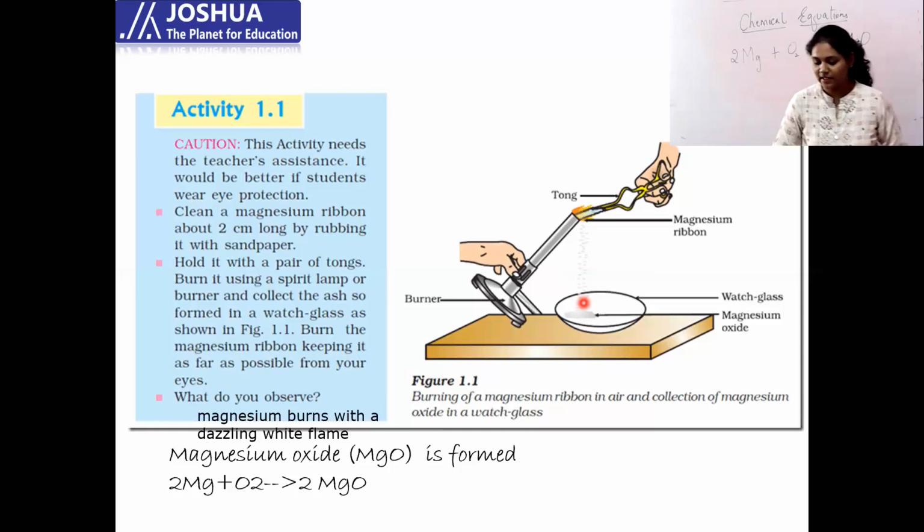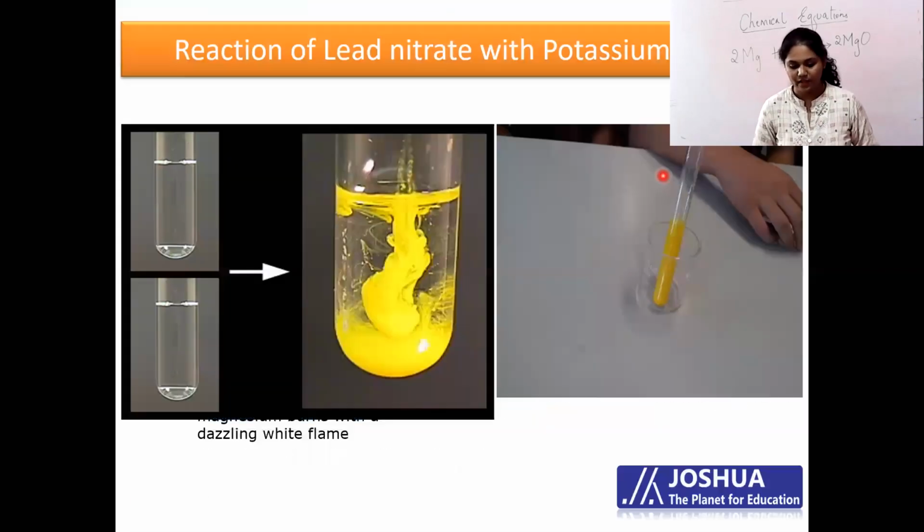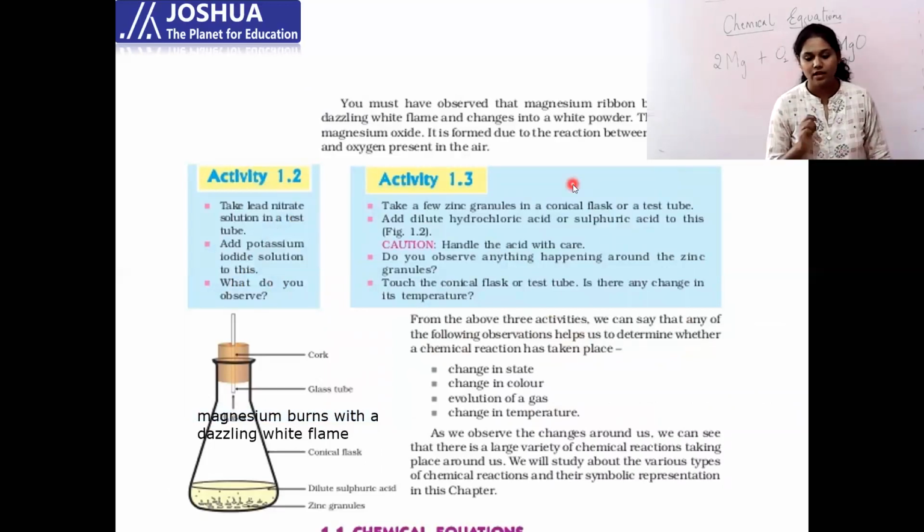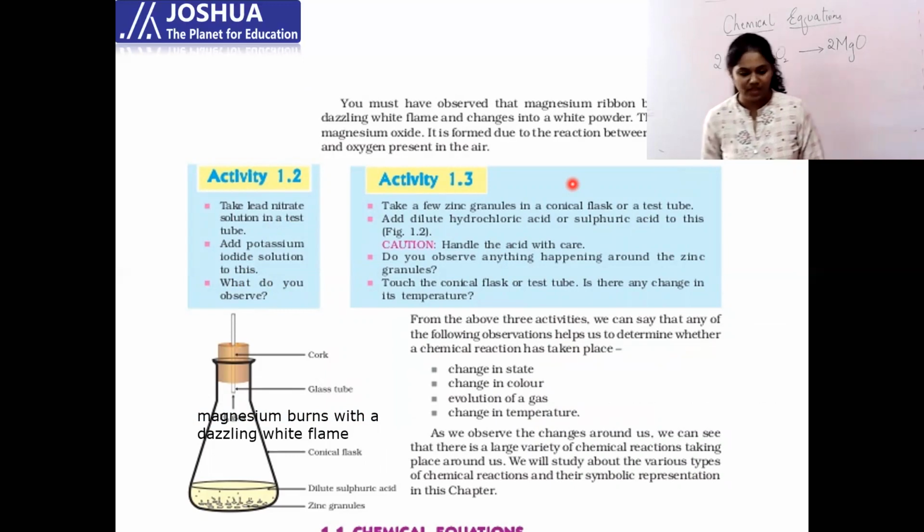Right? Now let us see the next activity in your textbook. Just flip the page, page number 2. Here you have activity 1.2. Just check out this, and this also, they have just given the activity in the book. But this question was asked in the previous year board paper. In CBSE board paper it was asked, but answers were not given in the textbook.